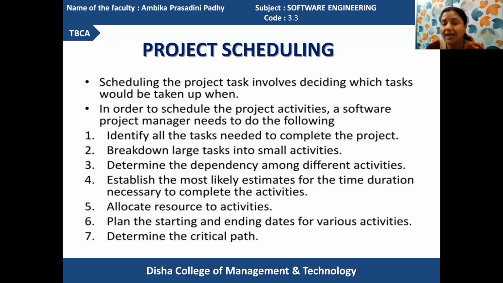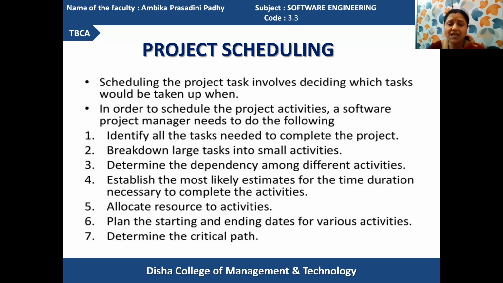And your critical path determines the maximum time requirement from the start of the process execution to its end. Got it? So after determining the critical path, you can be sure of the total time requirement for developing the product. Got it? Now, how these tasks are executed, we'll discuss in the subsequent part.